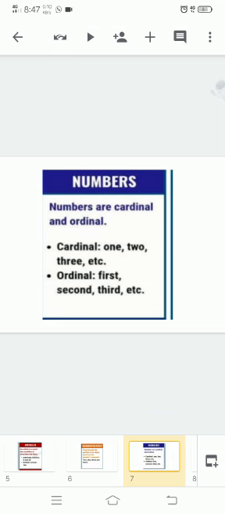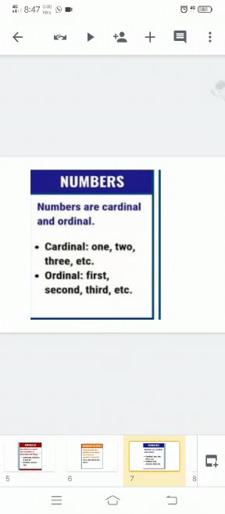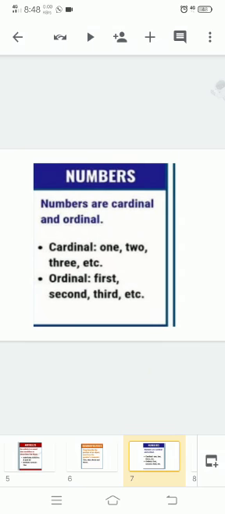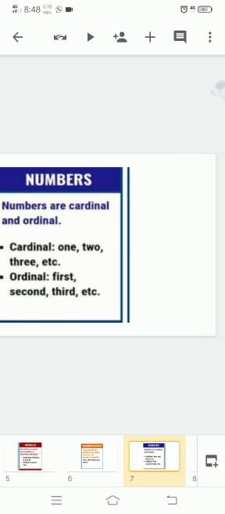So number determiners are further subdivided into two: cardinal and ordinal. Cardinal numbers 1, 2, 3 express quantity, telling us how many: 1 bag, 2 pencils, 3 toffees. Whereas ordinals, first, second, third, express the order of things in a sequence. They tell us about the level or position in a group, like first section, second bench, third floor.